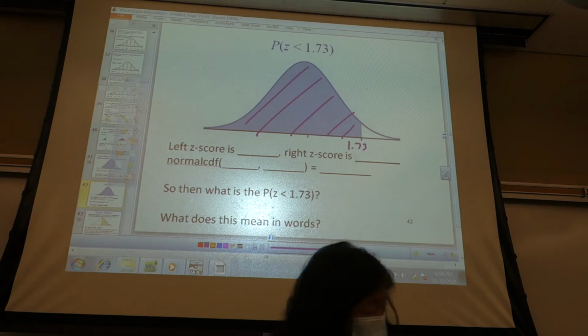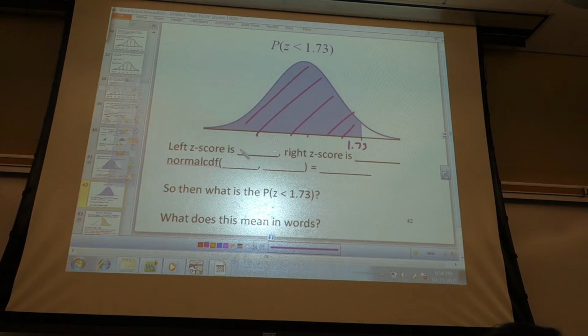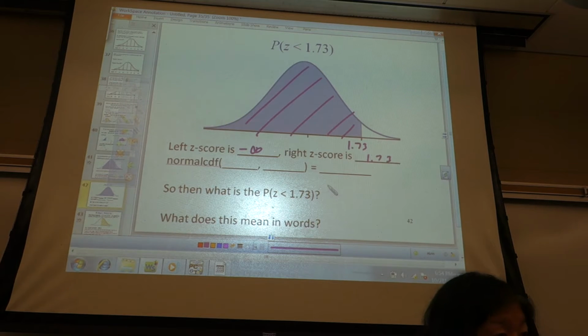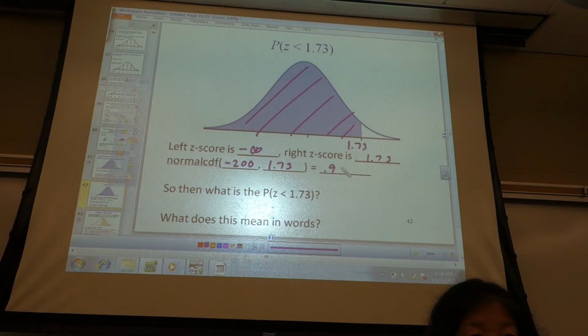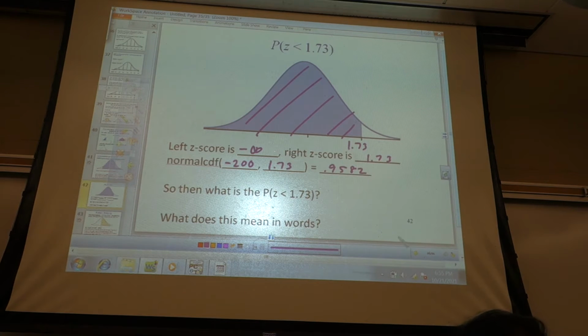Okay, so everybody should have the left z-score as negative infinity. The right z-score is 1.73. So I would do normal CDF of any large number, like negative 200. Does that seem all right? Yep. Comma 1.73. And what did you guys get? 0.9582. Great. So then the probability that z is less than 1.73 is